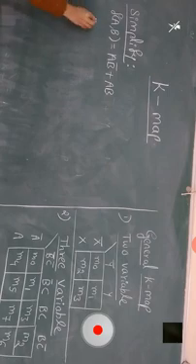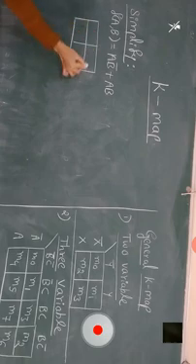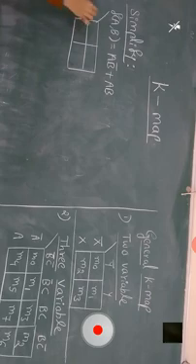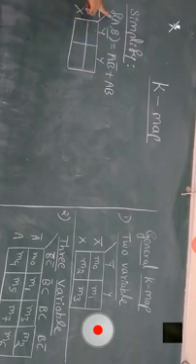Again we have to take the general K-map. See here, general K-map, we are drawing it like this. It consists of 4 squares. We have to mark x bar, x, and y bar and y. Once we mark x bar, y bar, x and y, but in our question, they have given us a and b. So, variable names can be anything. So, you have to adjust your K-map accordingly.